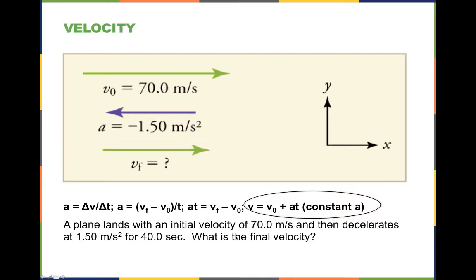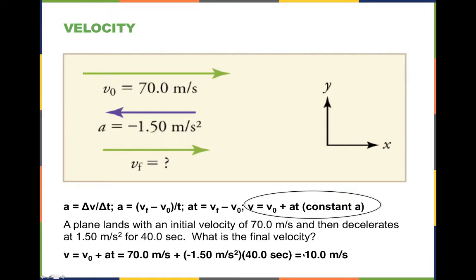What is the final velocity? So we want to know this. We're going to start with 70 here, and 1.5 here, and 40 here. And I wrote it out here for you. 70 plus a minus 1.5, remember it's a minus number, and 40, and we end up that it's going 10 meters